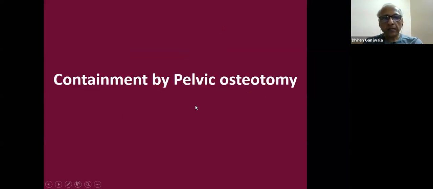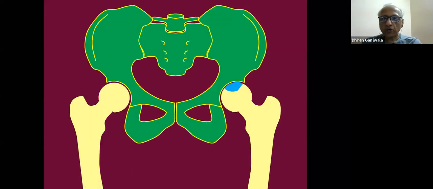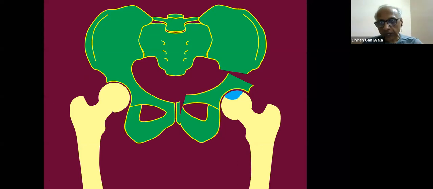Next, let us understand how pelvic osteotomy works. Again, the concept is very simple. We saw that when this hip is abducted, it comes inside. But here, instead of rotating the femur, what we are doing is we are rotating the pelvis. So we are rotating the cup, and we are taking it outwards, so that the affected area comes in the center of the acetabulum. That is what we want to do by pelvic osteotomy.